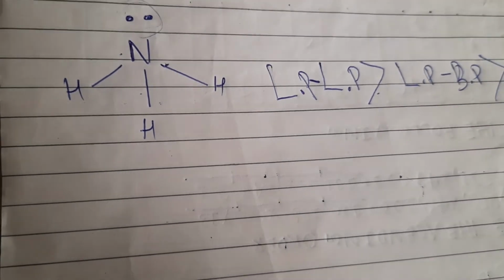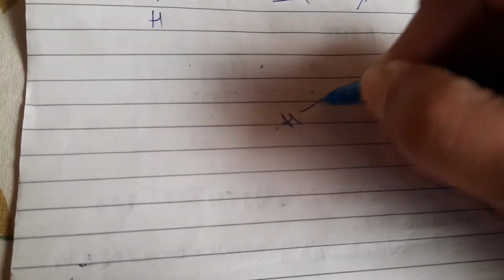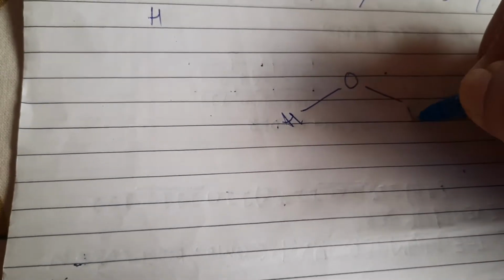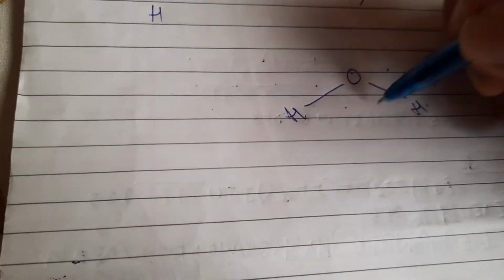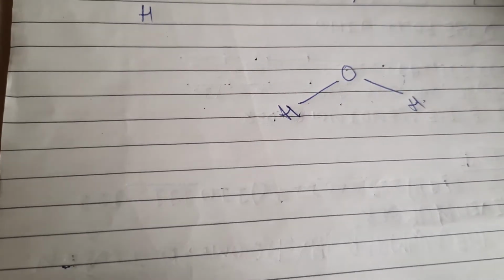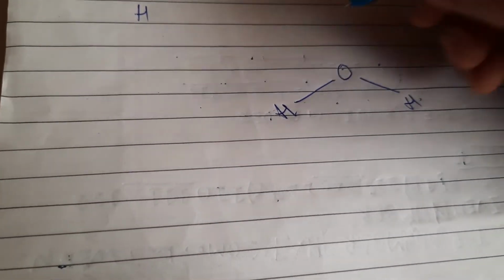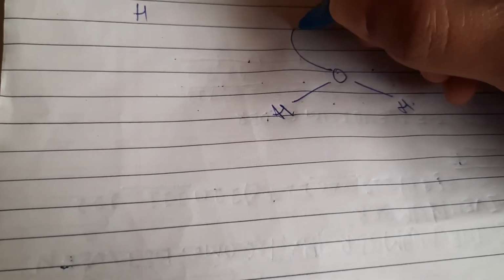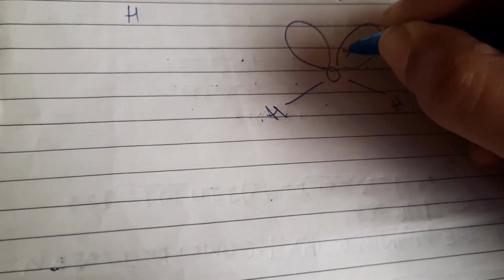I will show you by considering the diagrammatical representation. You can see here, let us consider one more example, the water molecule, oxygen bonded by 2 hydrogens. Initially in ammonia we had only one electron pair that is a lone pair. Here you can see there are 2 lone pairs of electrons present. We can show them in this fashion.